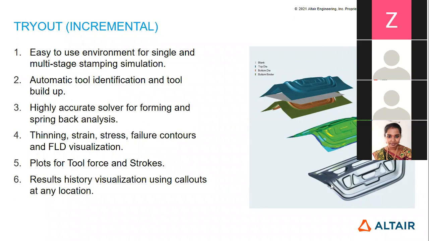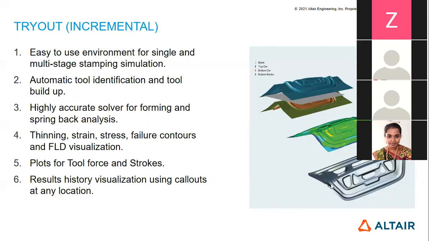If you know about the loading, how much your die is loading the component, or how much your punch is loading the component or sheet metal, it will help you predict the press selection. So what press tonnage would be required to form this particular component? The same type of results you can get in the tryout process, but tryout results are the actual results, and it gives you the thinning results, FLD, failure contours,